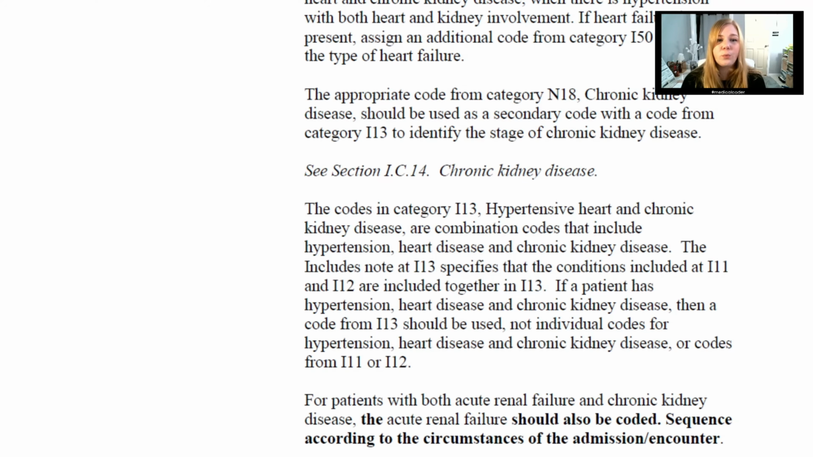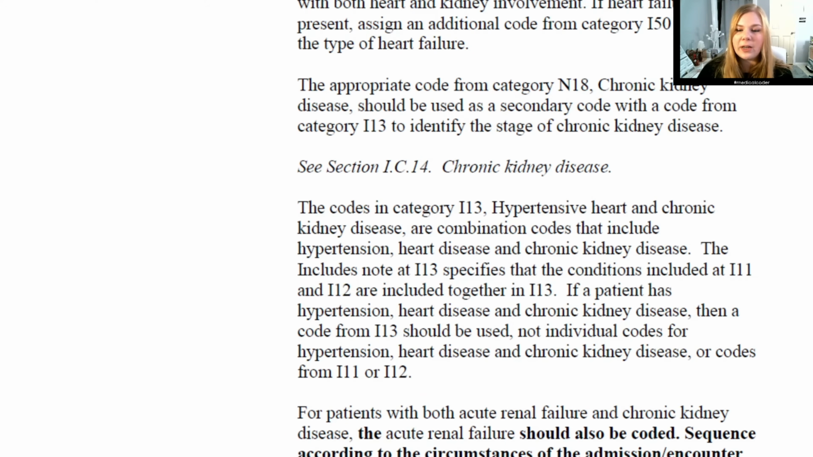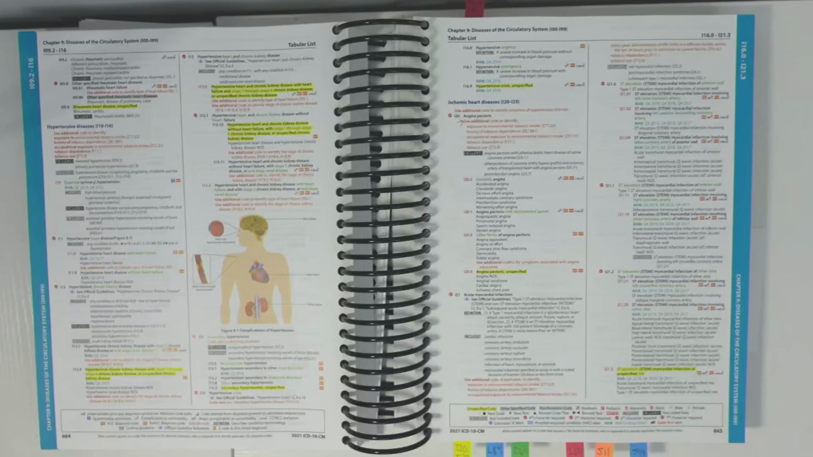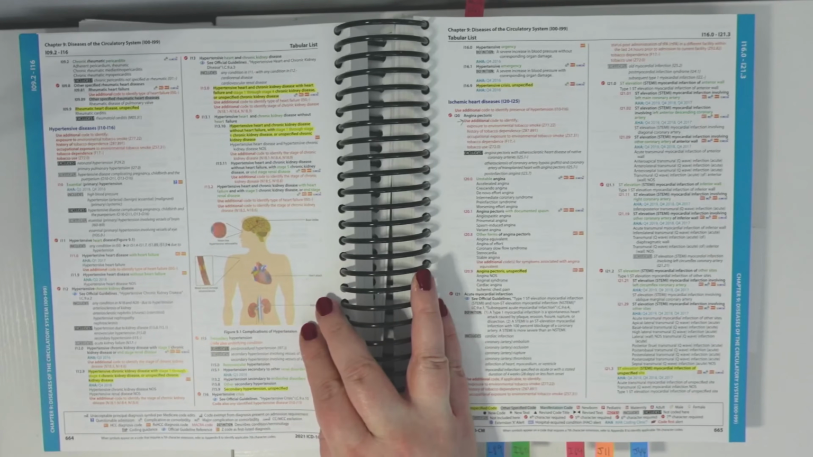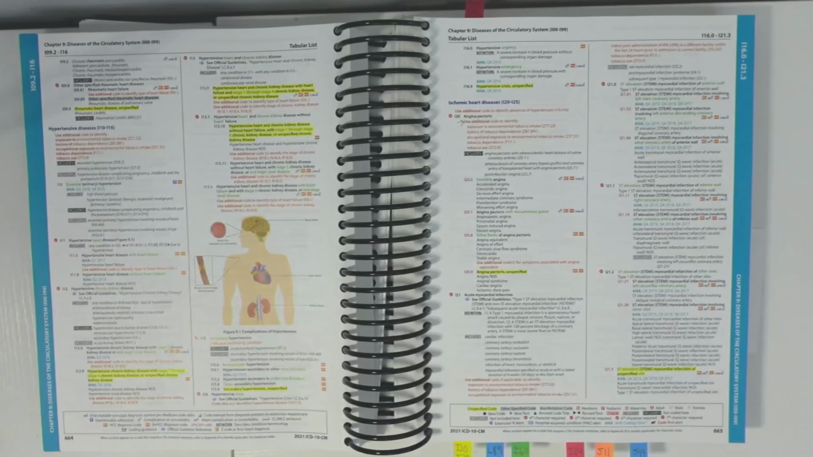If heart failure is present, then we assign that additional code from category I50 to identify the type of heart failure, and then the appropriate code from that N18 to identify the type of chronic kidney disease based off of the stage. So those come after that I13 code. So let's take a look quick in our book so I can show you a little bit what that looks like. So here, if you open your books to your I sections in the I10, I11, I12,